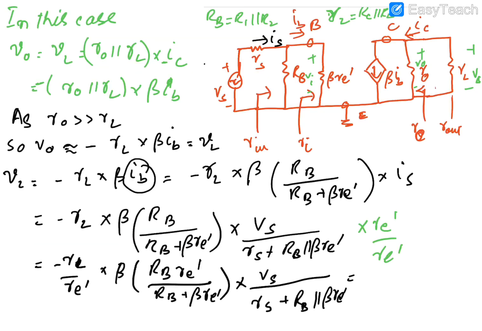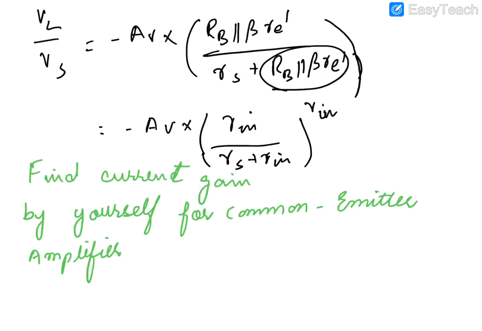and dividing by VS on both sides, VL over VS will be equal to AV. AV is equal to RL over RE dash times RB parallel with beta RE dash divided by RS plus RB parallel with beta RE dash, where this value is the input resistance of the stage. So this is basically the overall voltage gain